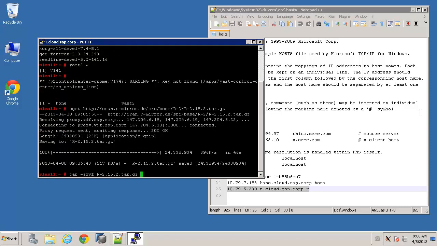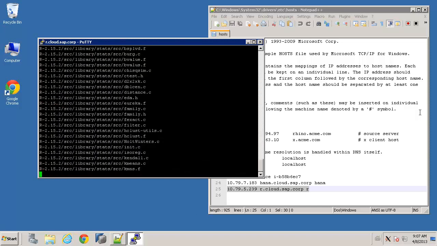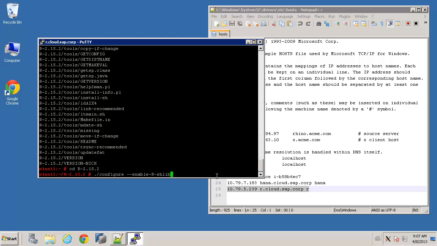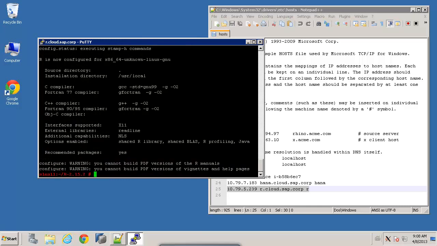So now the download is completed, and the next step is for us to actually unpack this tar file. So that's what we're going to do. We're going to unpack that to our local directory, and now we can start the process of actually compiling. We need to make this. So the first thing we would do is to actually move into the directory we just created when we unpacked, and then we need to run a configure command. Again, you'll find the details for this in the documentation. So we run our ./configure,